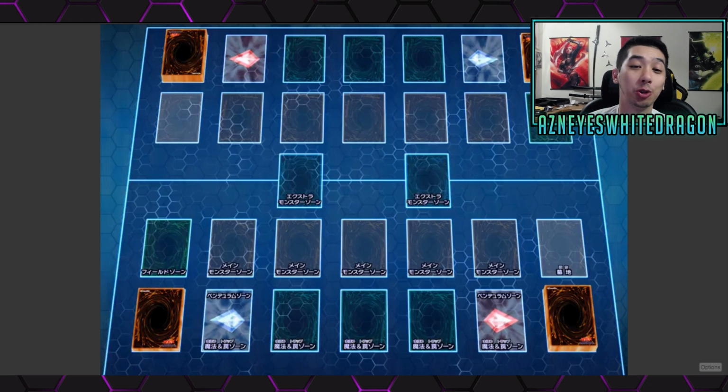Hey, what's up guys? So today we're going to be talking about a bunch of important rulings and also discussing the column mechanic, but I want to make this a discussion video and I want to open up with this question. When you first start the game, when link summons come out,